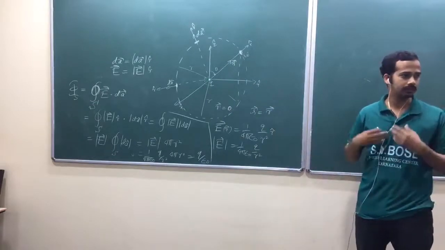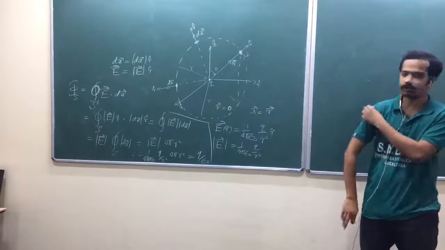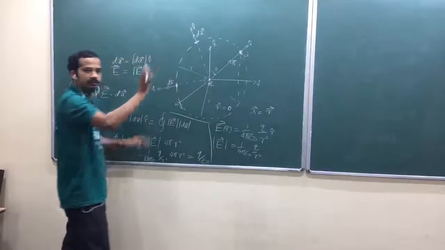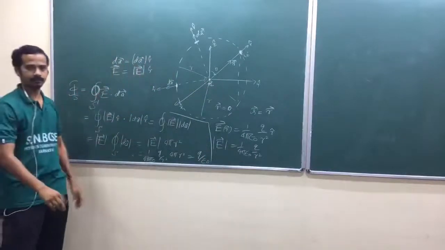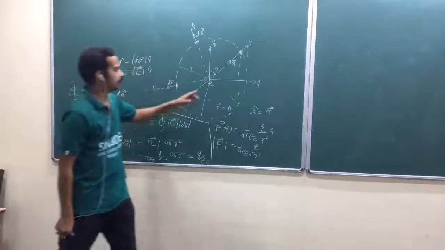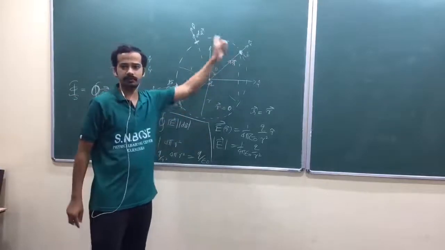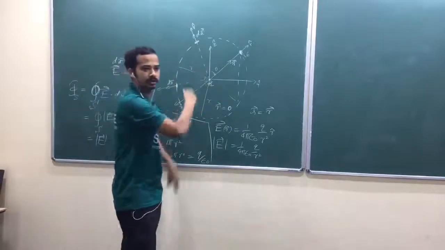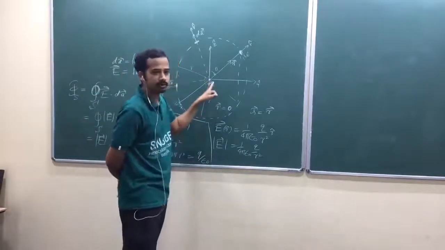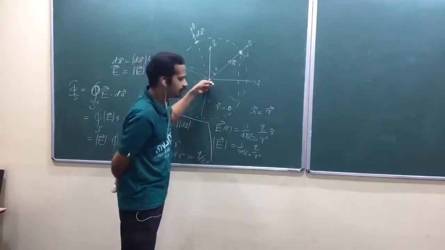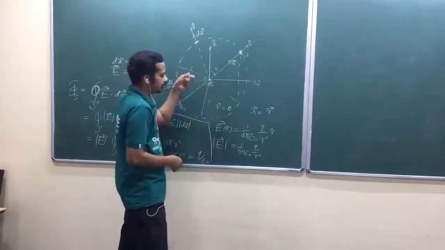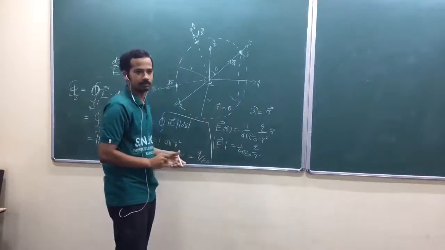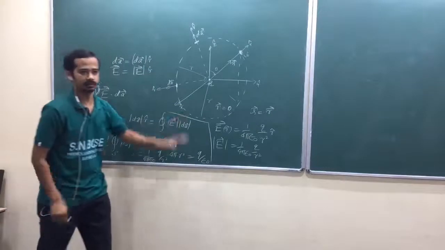Here we are going to accept the property of the electric field. What is the property of electric field? It is originating from positive charge and ending at infinity. So let me assume there is no other charge. That's why the number of field lines should be independent of the shape and total area of the surface. The only thing is it should enclose this charge. Am I right? If field lines are starting from this charge, then whatever the shape of the area, it should pierce that area if it is a closed area. Are you getting my point? That's why shape doesn't matter.